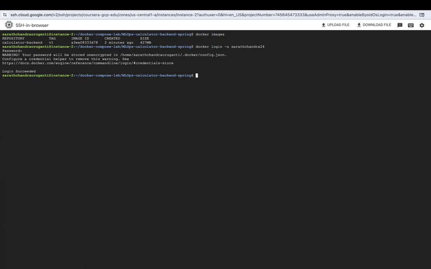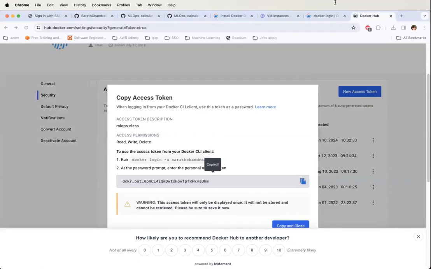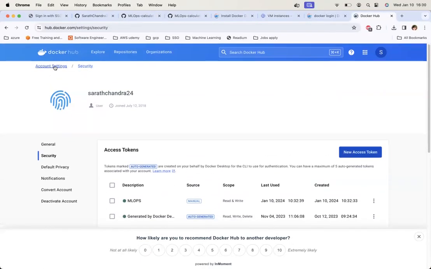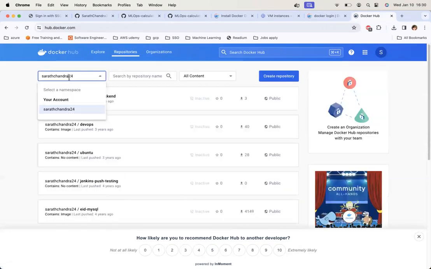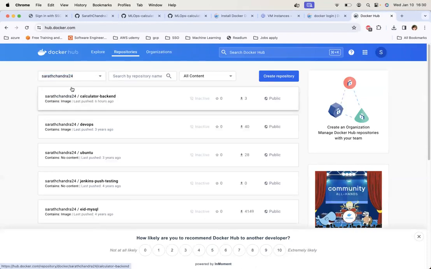So once we are logged in, we have an image with a name like this. But if you want to push to Docker Hub, you need to have it in a different pattern. Let me show you. You are going to have your namespace and then the repository name. The repository name is nothing but the image name. Here, my namespace is Sharatchandra24, and the repository name is calendar backend, which I already did, but that's how